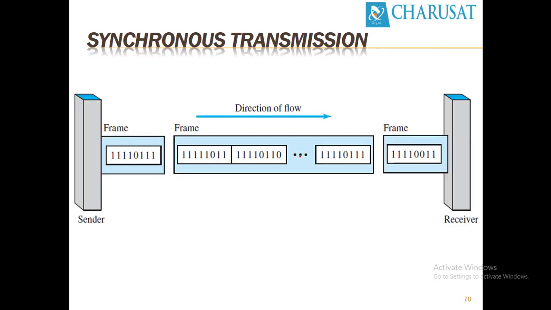In synchronous transmission, as opposed to asynchronous transmission, both parties know well in advance at what time the sender will send and at what time the receiver has to receive. So frame boundaries are fixed and the gap between these 2 frames is fixed. If the sender does not want to send data, it will still send an empty frame. That's a characteristic of synchronous transmission. Synchronous transmission is applied where we require continuous streaming of data from one end to another without any delay. And asynchronous transmission we can apply where we don't require a continuous stream of bits, but whenever we want to transfer data.